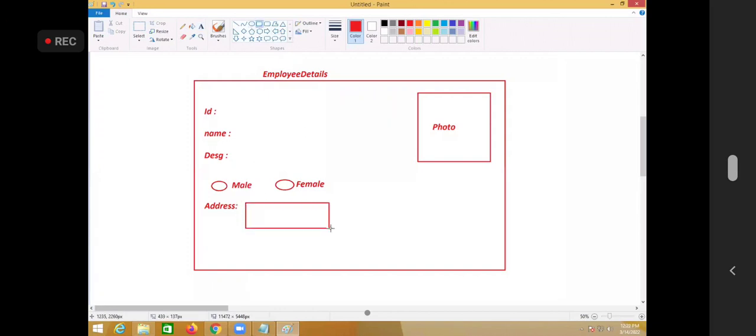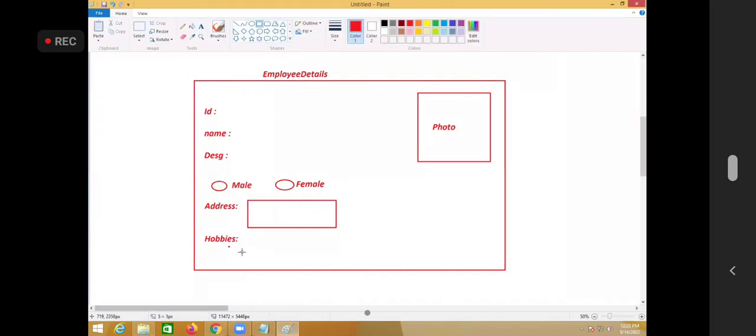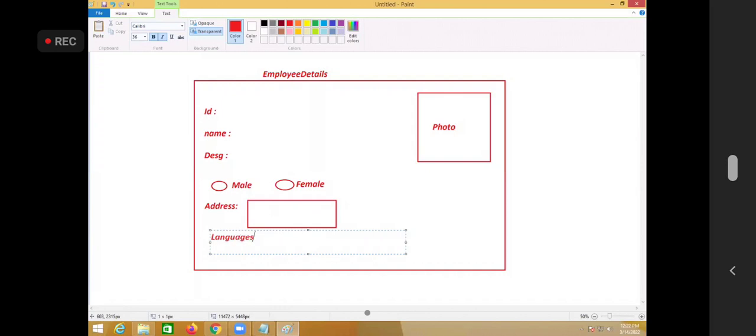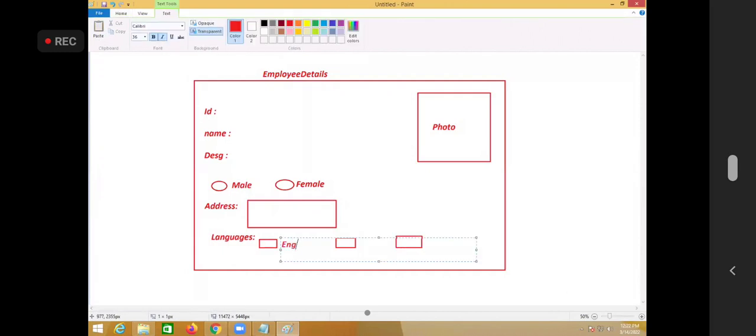And take hobbies here, because I want some check boxes. If not hobbies, take languages known. I want the checkbox here, some English, Telugu,